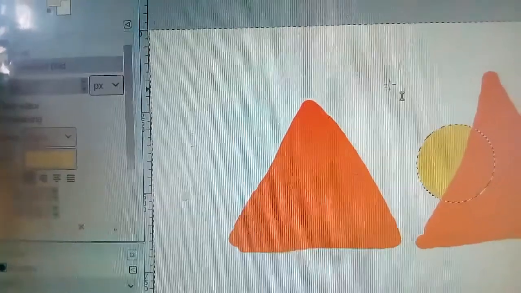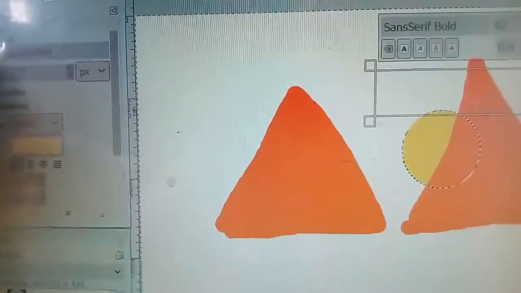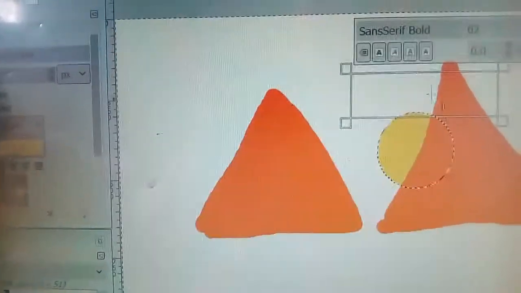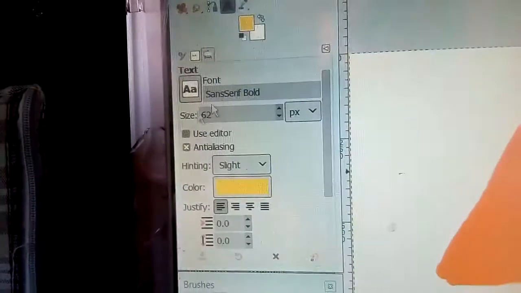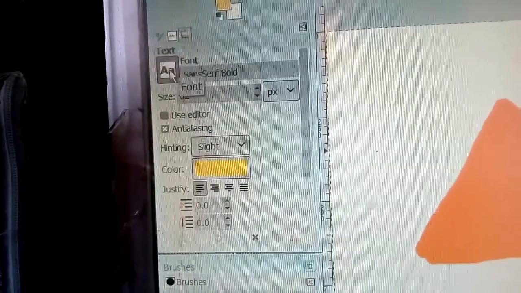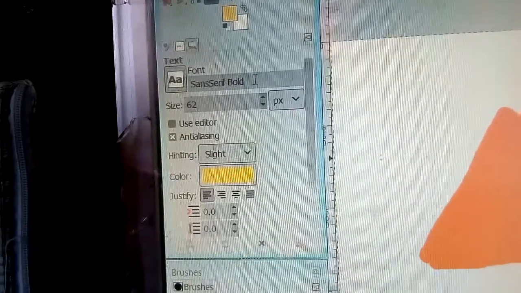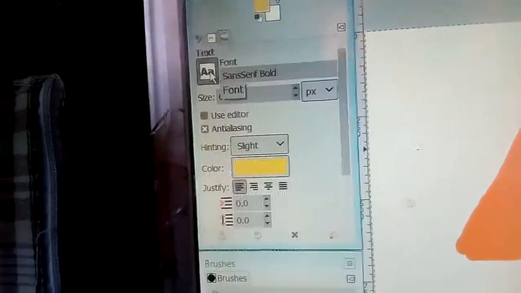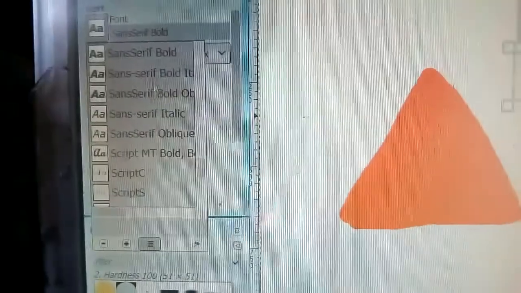Okay, you can do it here, and here you can see the text toolbox also. So if you want to change the font style, then click over here, AA. If you click over here, then it will not come. Okay, so for that, first you have to click on this text toolbox, and then you can see the different types of font styles.